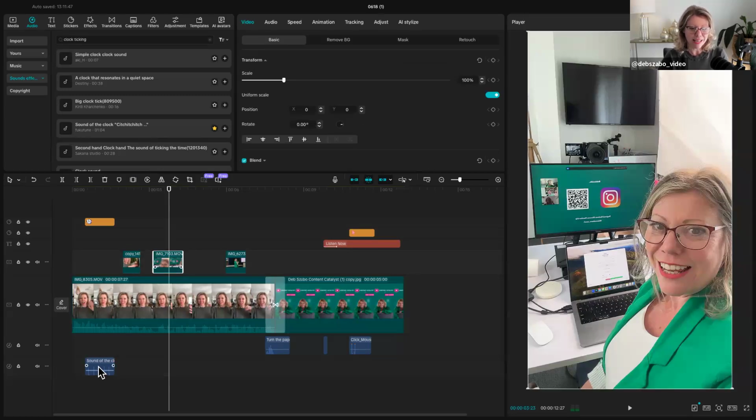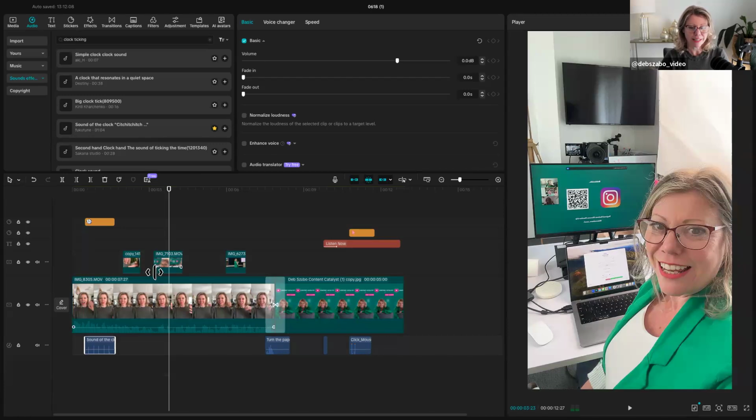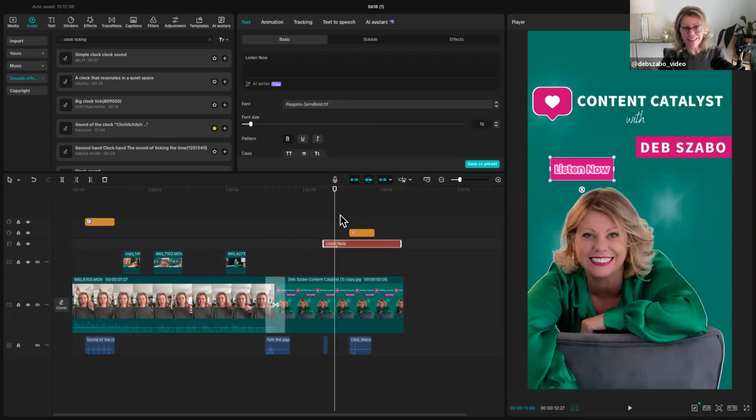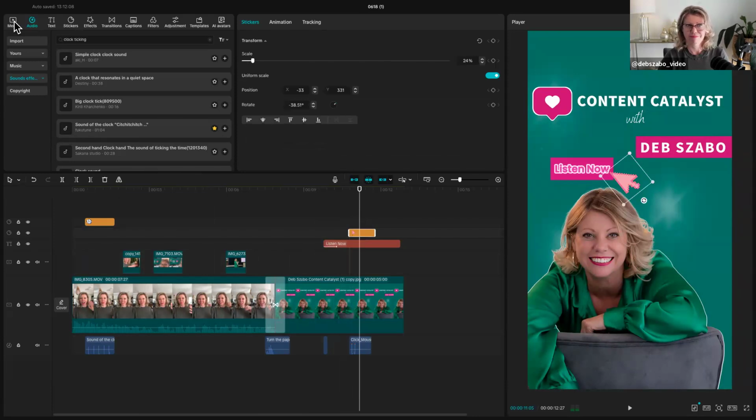We've added in some sound effects. I'm just going to drag that up under there. So now we've got our sound effects. We've also added text on screen, and we've also added stickers. So audio, text, stickers, and transitions. That is essentially the basics of getting around in